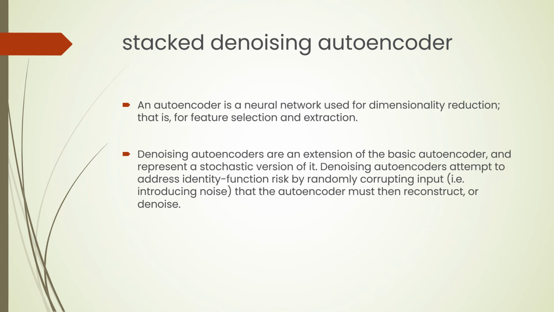Stacked denoising autoencoder. An autoencoder is a neural network used for dimensionality reduction, that is, for feature selection and extraction. Denoising autoencoders are an extension of the basic autoencoders and represent a version of it. The denoising autoencoders attempt to address the identity function risk by randomly corrupting the input. The autoencoder must then reconstruct or